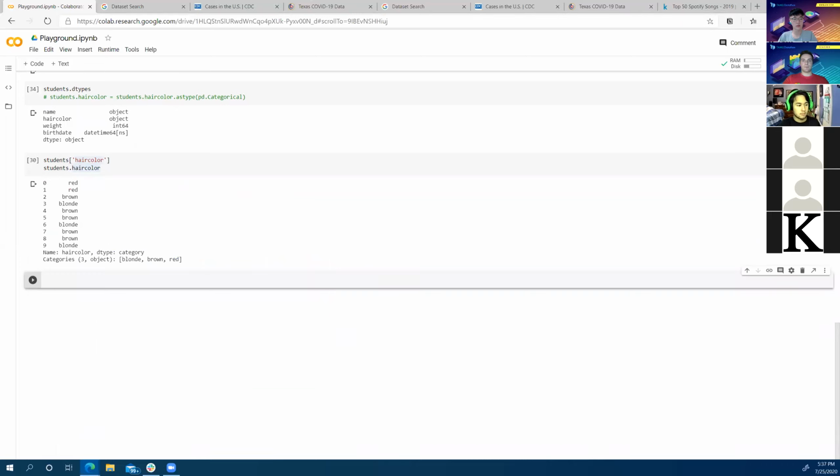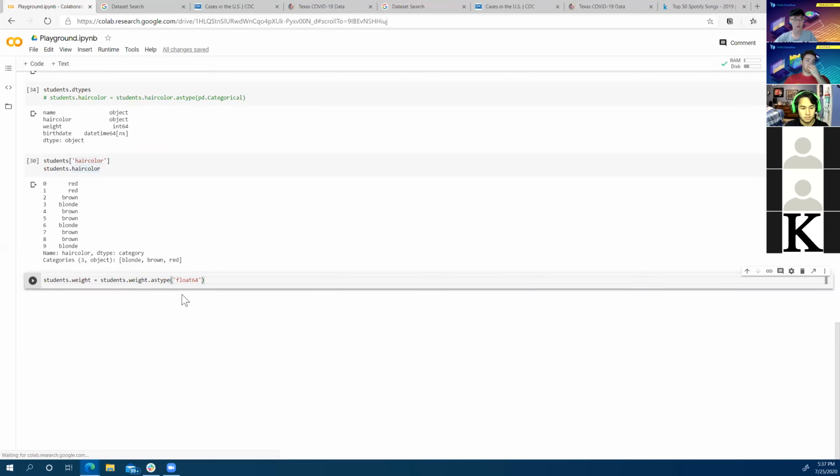Okay. Cool. Okay, yeah, so this was the example, right? So we could interpret the weight. So students.weight is equal to students.weight.asType. And here we would say float 64.